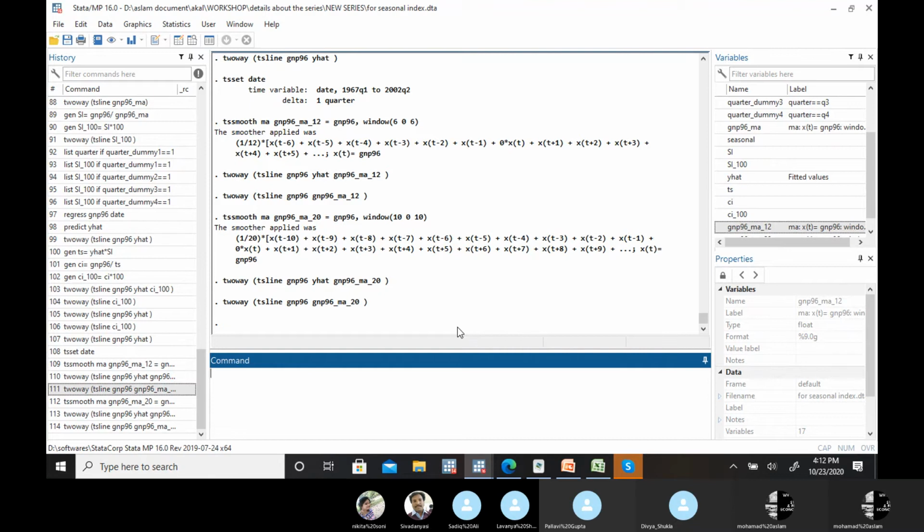But if you think equal weightage is not required, meaning you want to give more weightage to the present one, then you can go with the exponential smoothing method. And the criterion to fix the parameter, the value of alpha, is based upon the minimum value of mean squared error.